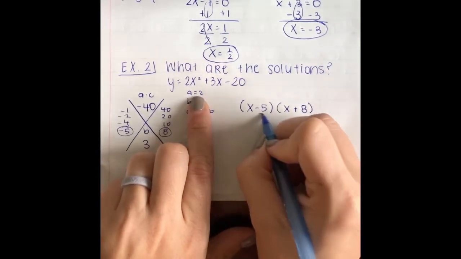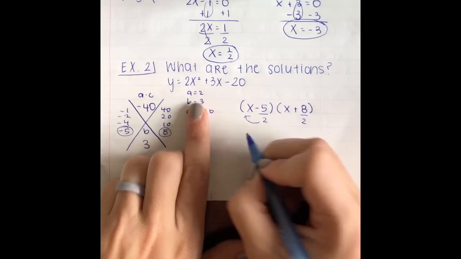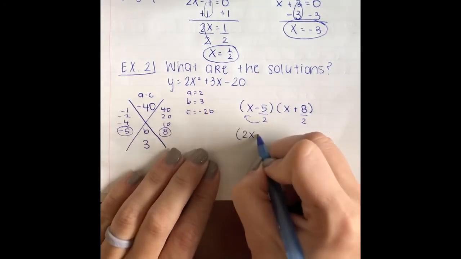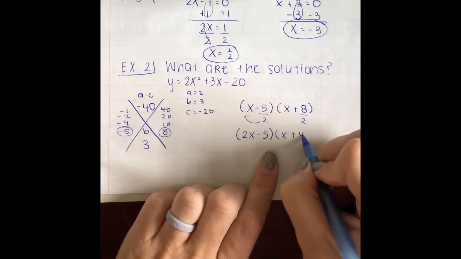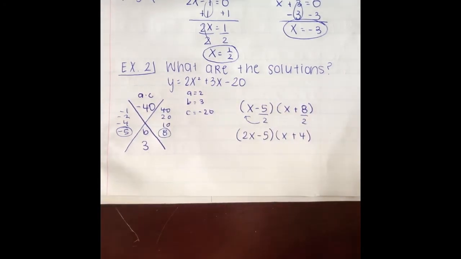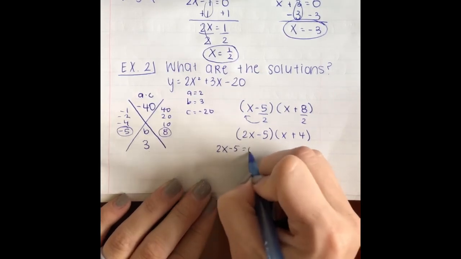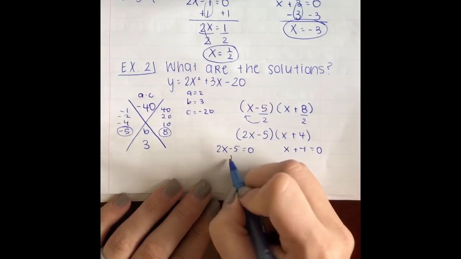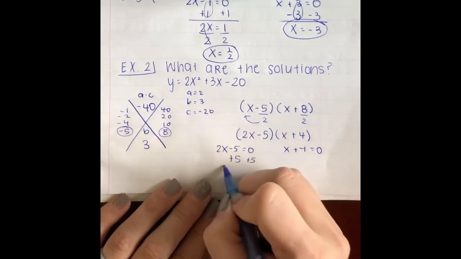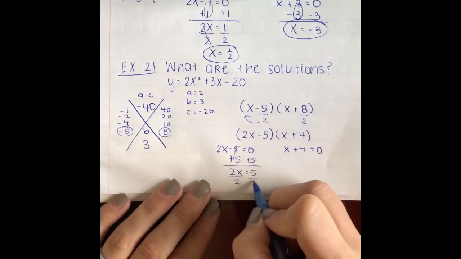But then we've got to go back and divide by our a value. Okay, so this can't simplify, which means we slide it to the front. This does simplify, giving me x plus 4, okay? And then to solve for our solutions, our x-intercepts, we just set them equal to 0. Okay, so we add 5 to both sides, and we get 2x equals 5. Divide both sides by 2,